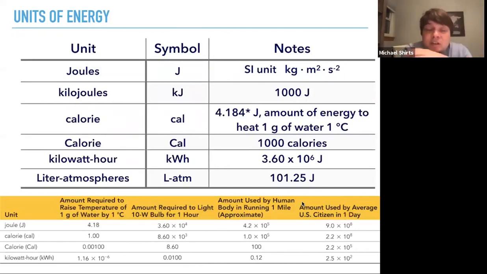So these units of energy can be very different in magnitude. Remember, a joule is pretty small. A kilojoule starts to be a little more reasonable. Actually, on most packaging in Europe, you'll see that they list the energy not in calories, but in kilojoules, which is nice. It makes it clearer that it is indeed the same quantity that we define in terms of energy. It's a useful table to get a sense of how big things are. A joule is not very big, which is why the kilojoule is used quite a lot.